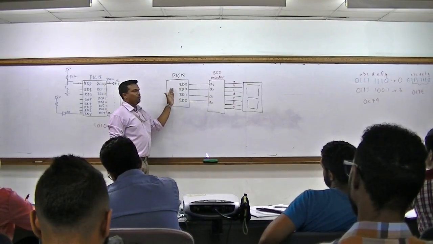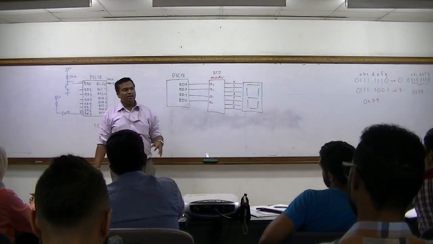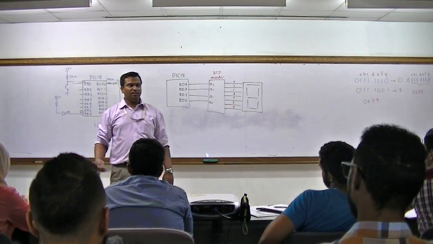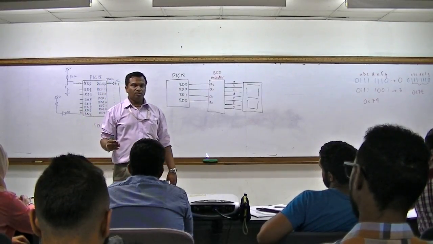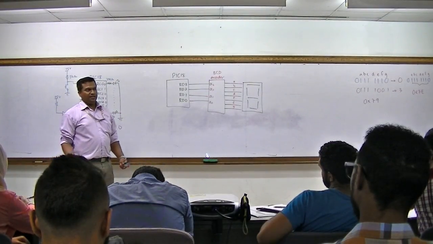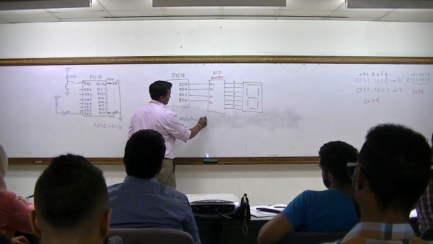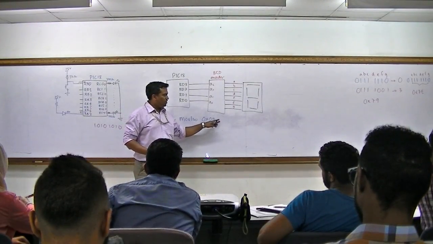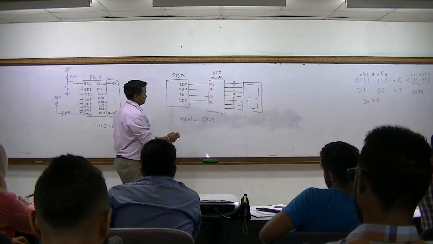But what makes it easy is the programming side. Let's say you want to display the value 0. You know that hex value and decimal value are the same from 0 to 9, right? Yes. So instead of writing in binary value, you can straightaway write in hex. So for example, what is the number you want to display? 9. So if you want to display 9, you can actually just do this. Move literal value hex 9. 9 is 0, 0, 0, 0, then 1, 0, 0, 1. Right? When you load this to